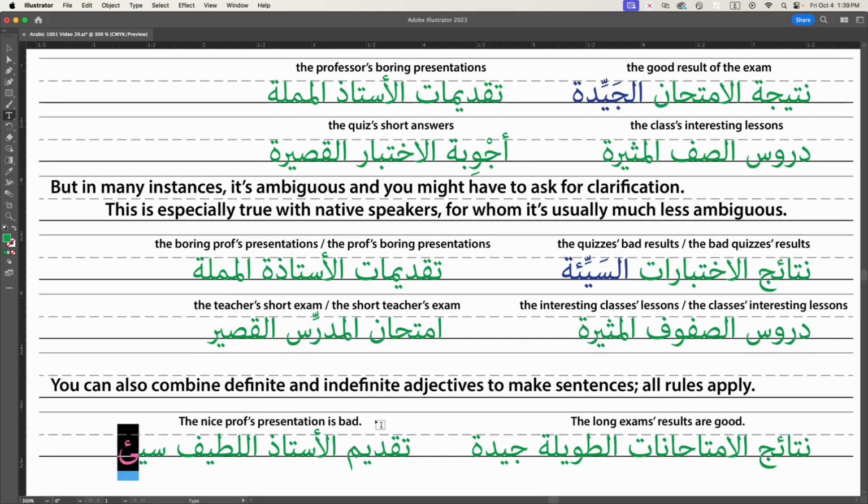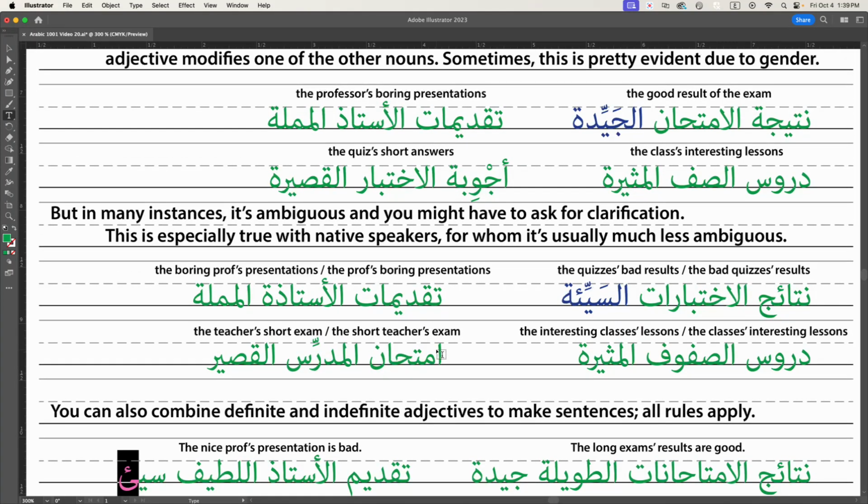So there's a lot of content here, and it's a little more ambiguous than most of what I've been giving you because this is a point where grammar rules are often broken. And remember, grammar is descriptive, not prescriptive. It tells us how we speak, not how to speak. So if you have to fluff it a little, or you have to ask for clarification, or sometimes you have to give clarification, that's okay. You're still communicating, and that's the important part. But for now,